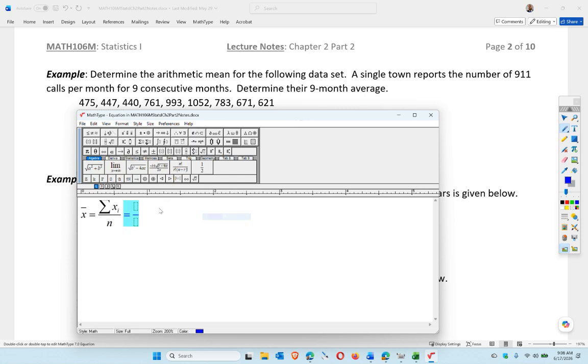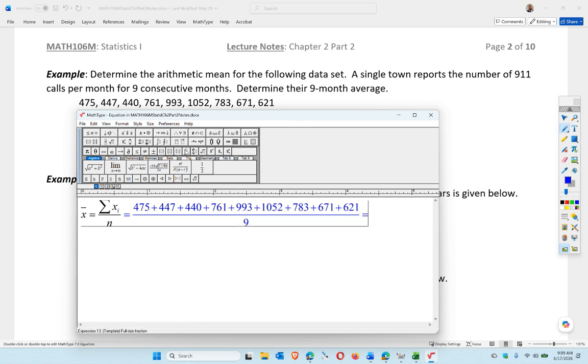Okay, I'm going to do 475 plus 447 plus 440 plus 761 plus 993 plus 1052 plus 783 plus 671 plus 621. And how many values are there? 1, 2, 3, 4, 5, 6, 7, 8, 9. There are 9 values, right? So if I add those up, I'm going to get